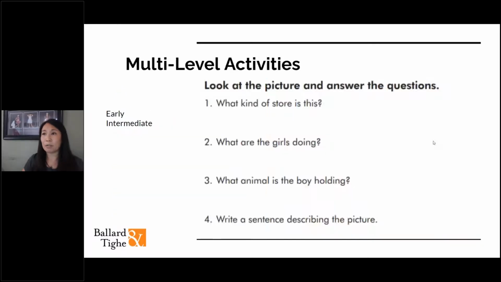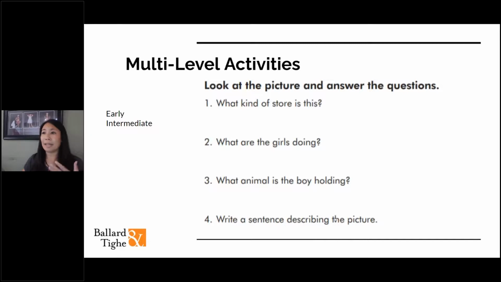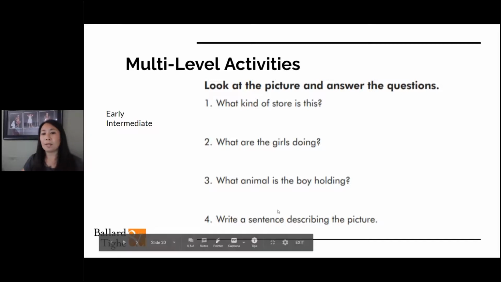However, with the same image, you could do a lot more with the higher levels. So some examples are for early intermediate, you could talk about the store. What kind of store is this? What are the girls doing? So having students describe, use a little bit more descriptive language. What animal is the boy holding? Write a sentence describing the picture. So again, a higher level activity of description, you're going to only have them write a sentence at the early